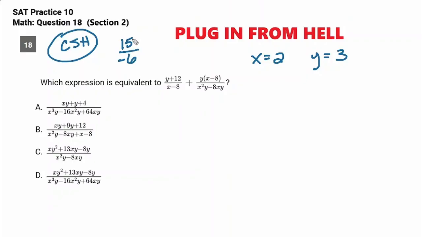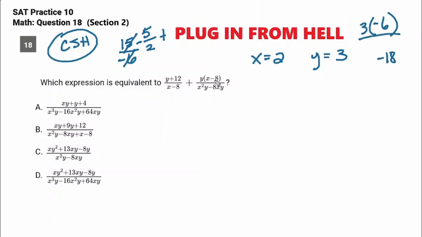I'm going to reduce, I'm going to divide the top and the bottom by 3. So it's negative 5 over 2 plus y times x minus 8. So 3, I'm going to do this over here, times what? Negative 6. So that's negative 18